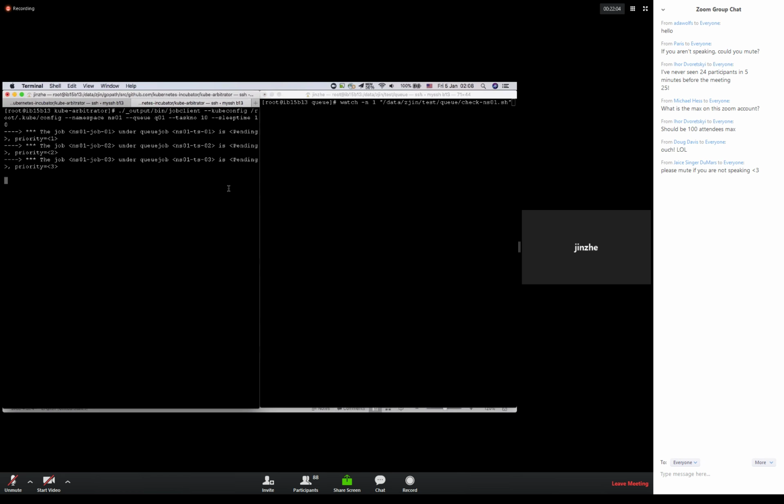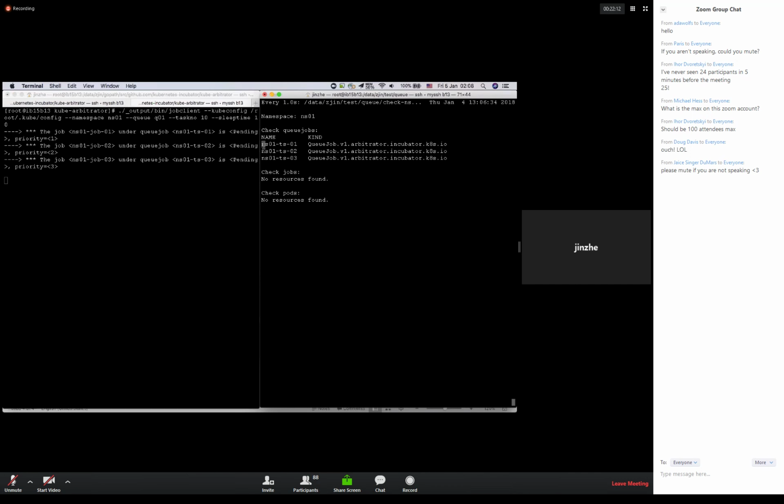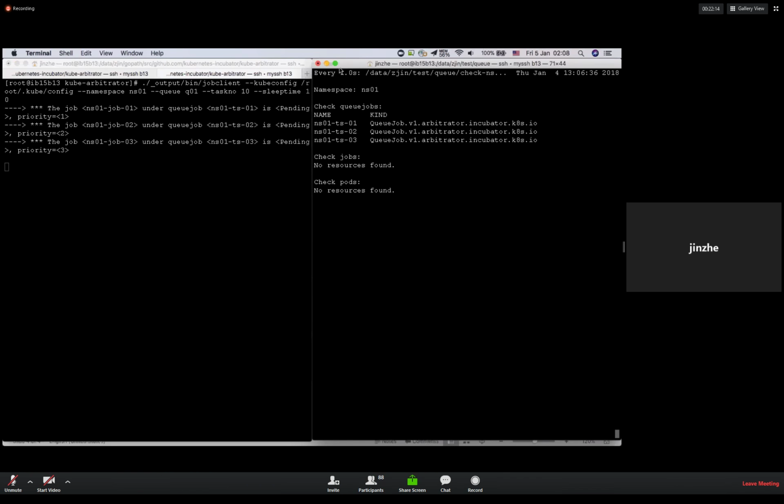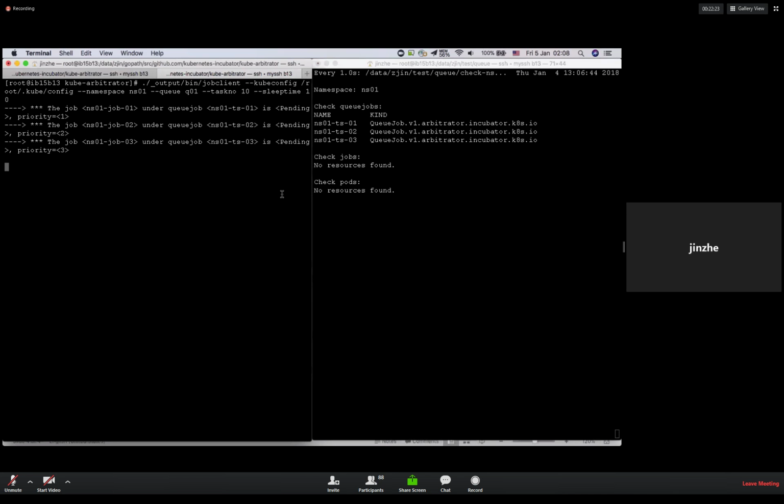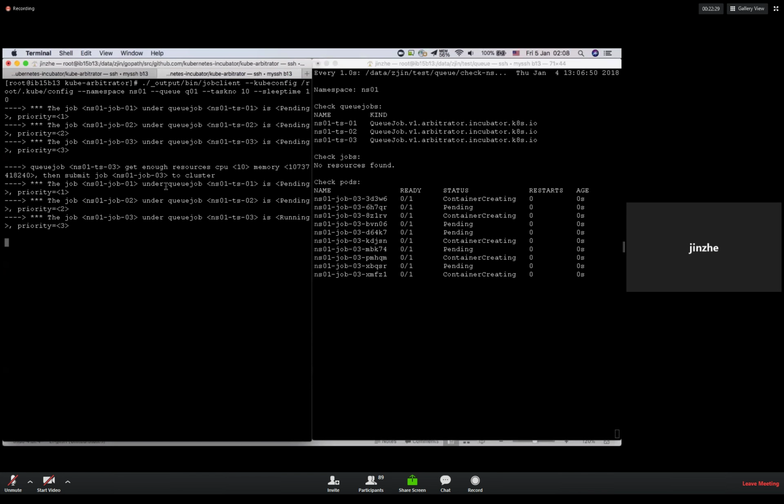Okay, I start the user client and create 3 queue jobs. Now let's check it. Now there are 3 queue jobs here. Now start up the Kube Arbitrator. The Kube Arbitrator will allocate the resources to the 3 queue jobs.